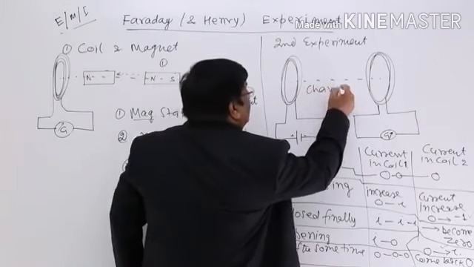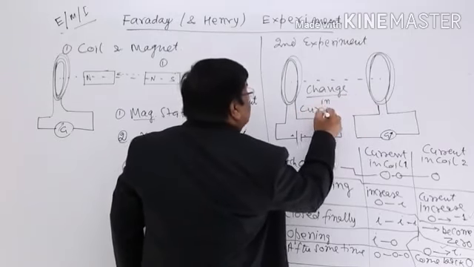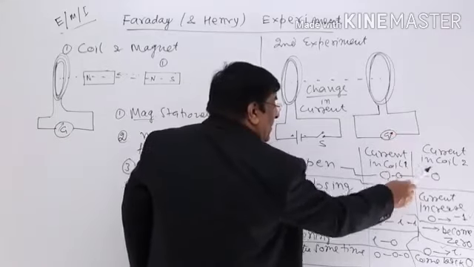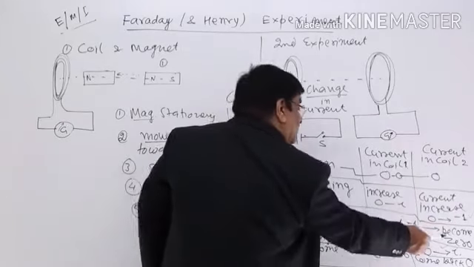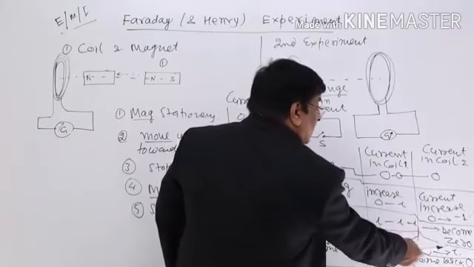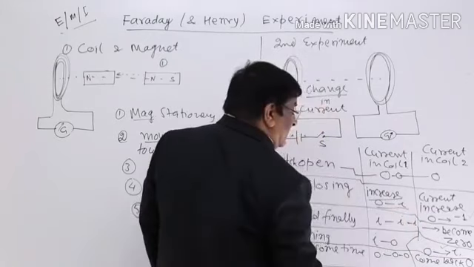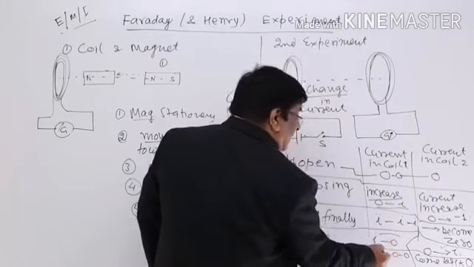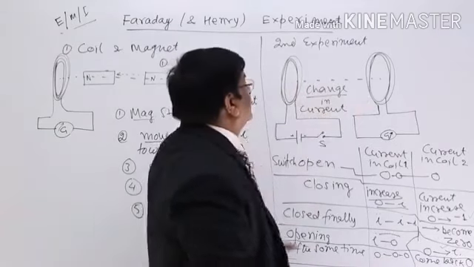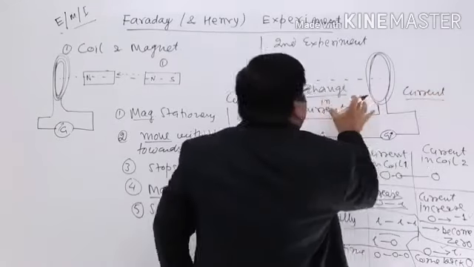What is important? The important word is change. Because we have seen if there is no current, it is 0, but if there is full current flowing, still it is 0. So the current will flow in this only and only if there is a change. This change may be an increase, this change may be a decrease. But only when current is changing in it, it shows the current. This is the conclusion of this experiment.